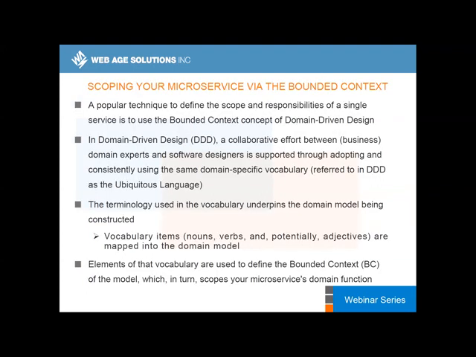So the usual way, what people are using to define the scope is the concept of domain-driven design, called the bounded context. It's a pretty big thing. I guess the author, Eric Evans, just went out of his way to create that very academia-like book, but it has lots of value.